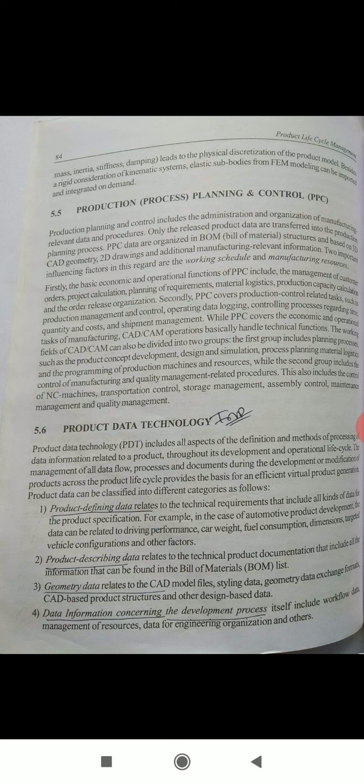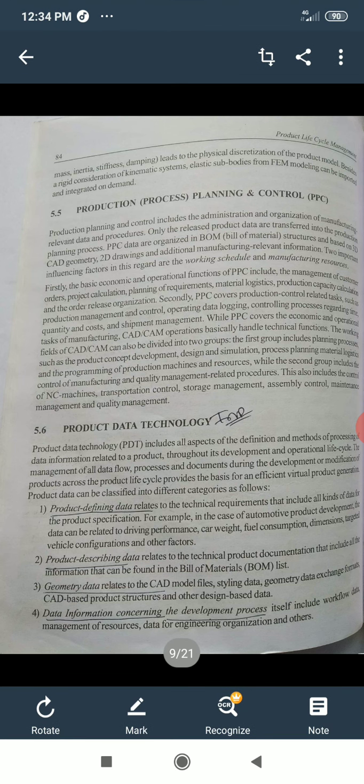And the fourth will be data information concerning the development process itself, includes workflow data, management of resources, data for engineering organization and others. Fifth will be product configuration data,